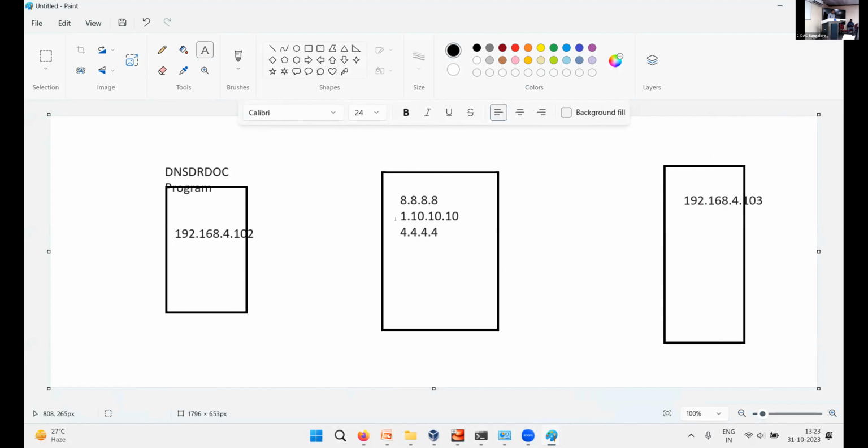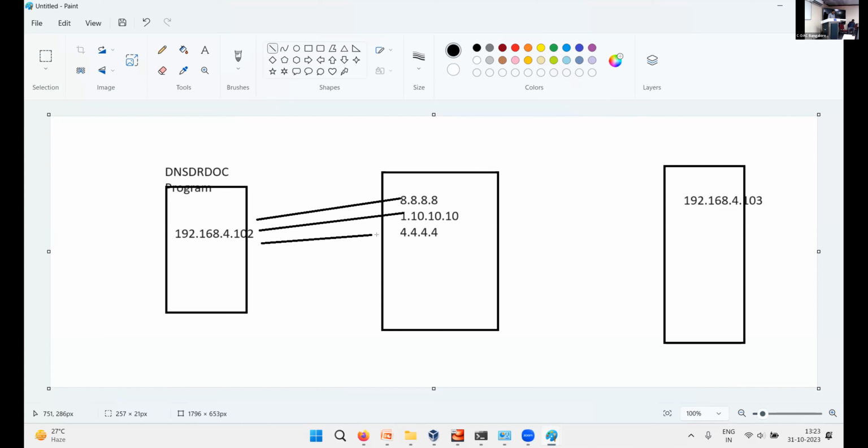Now what is happening? I should have this list of DNS servers. The query will be sent to these DNS servers, spoofing the IP address of the victim machine. So from this system using DNS.c, the query will be sent to them, but the reply from them will come to the target machine, and the target will get the unwanted reply.